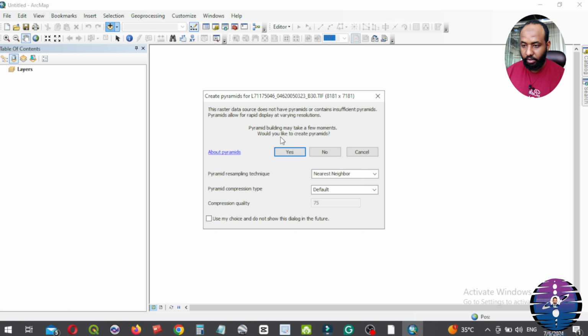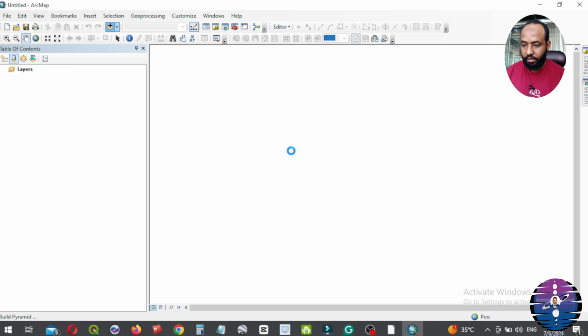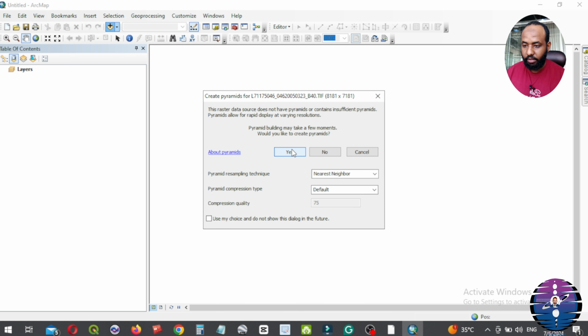Create pyramids for TIFF 3. Yes. The program creates pyramids for the TIFF images one by one.